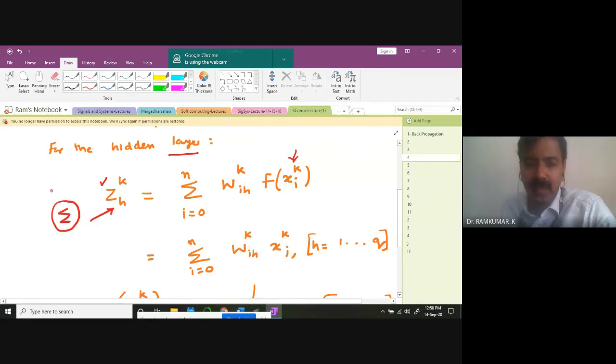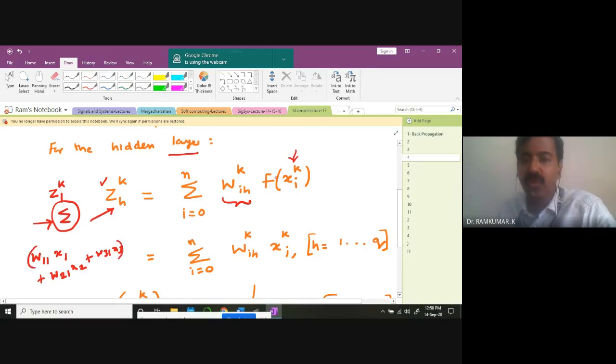Okay. So for example, this is going to be z1. The first neuron in the hidden layer will perform this operation. That's nothing but w11, okay, 1, 1. And the f of xi^k is going to be only xi^k, therefore it's going to be x. Is it clear? So plus w21 x plus w31 x. That's this operation. Okay, the summation. In fact, i is a notation for the input layer. From i equal to 0 to 3, we are going to perform this.